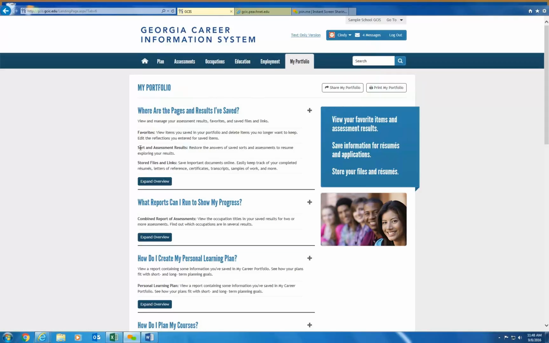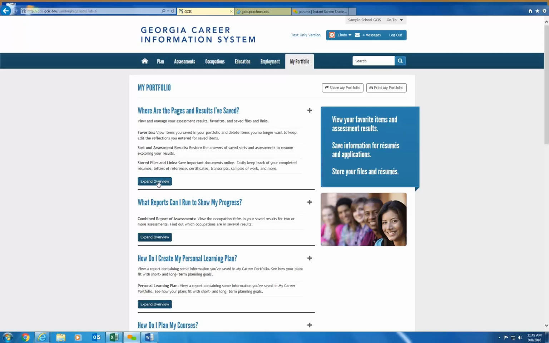I can see my sort and assessment results that are available. So if I've saved the career cluster inventory, I've saved reality check, I can revisit that information. Or if I've stored files and links, such as I've uploaded a resume, letter of reference, recommendation letter, I have all of that information, again, stored under where are the pages and the results that I've saved.